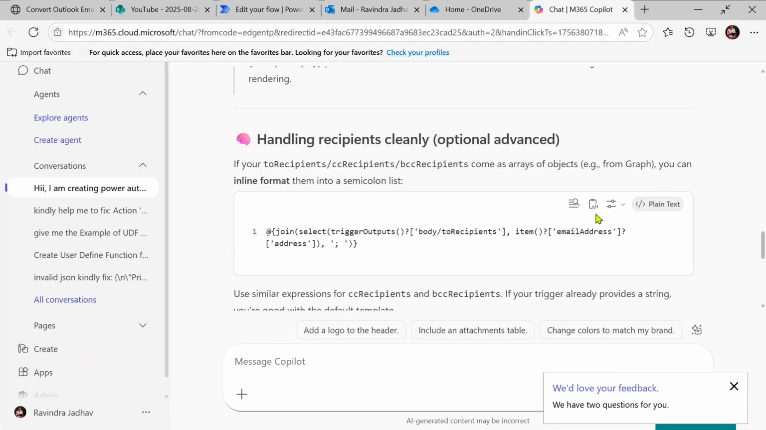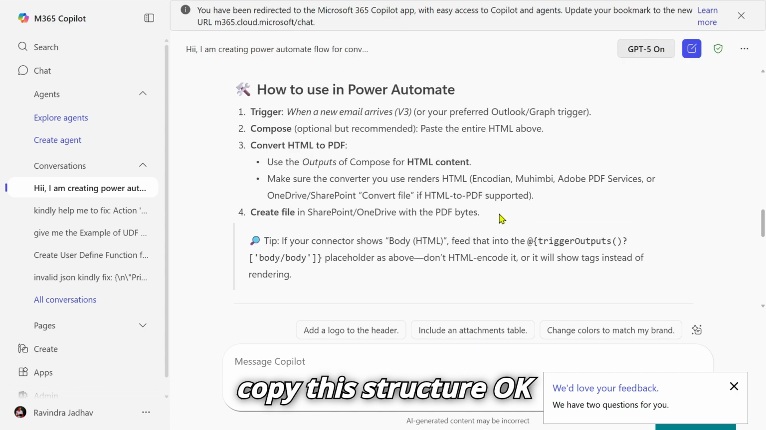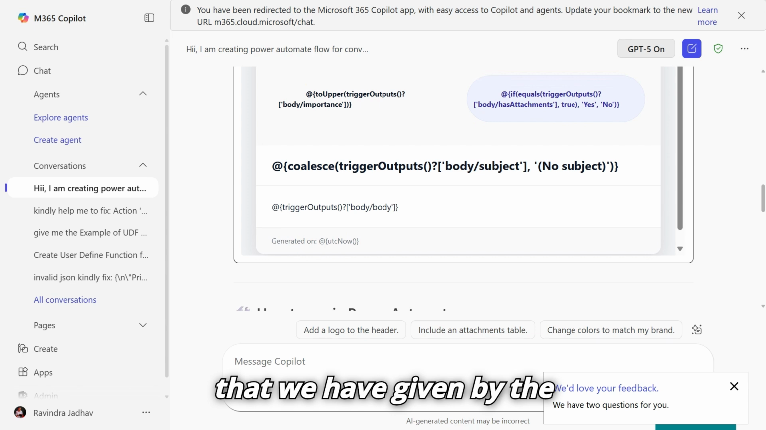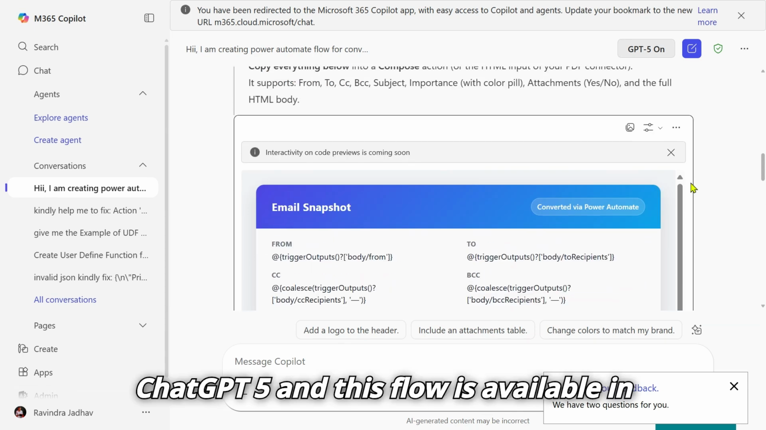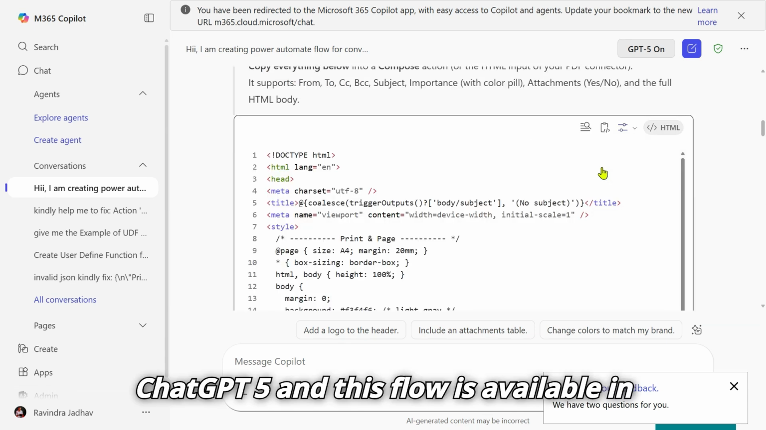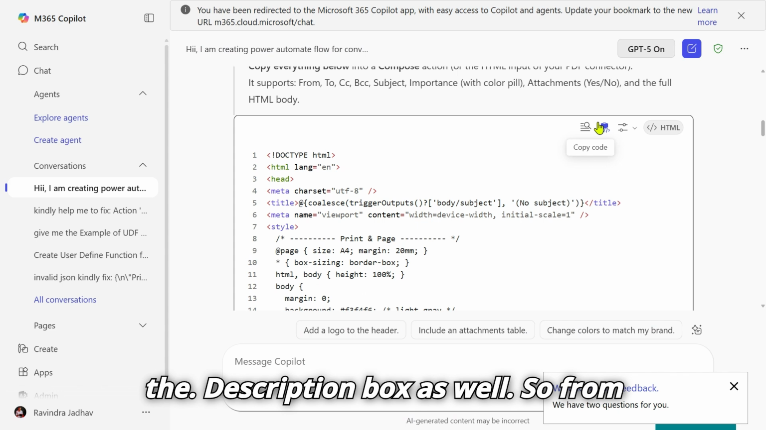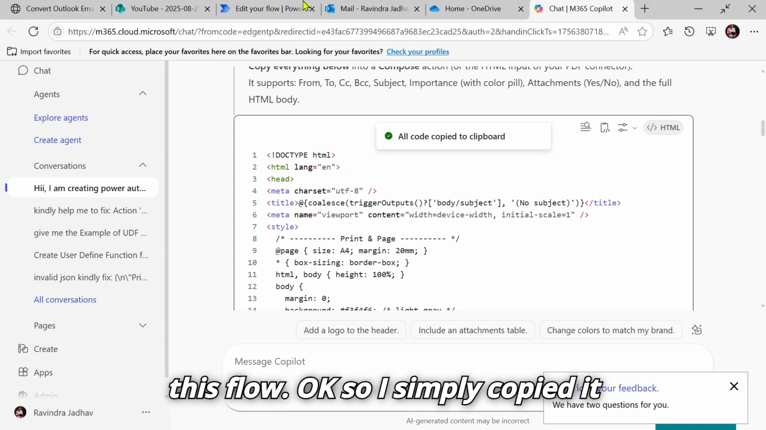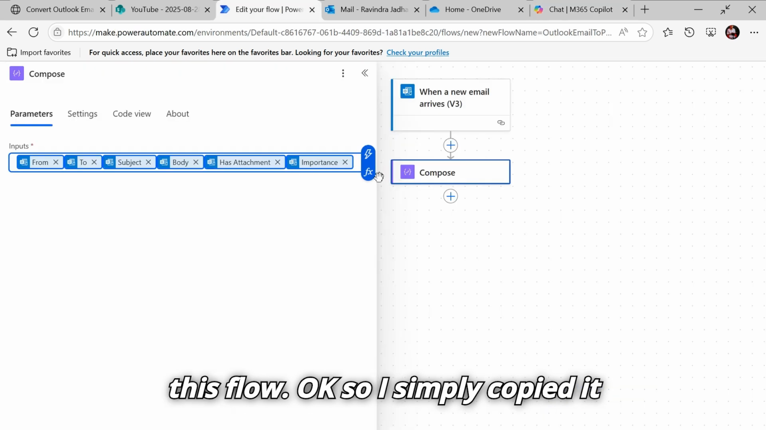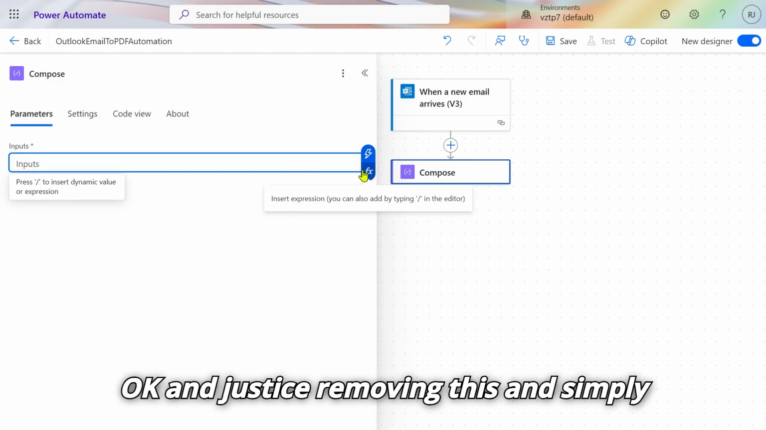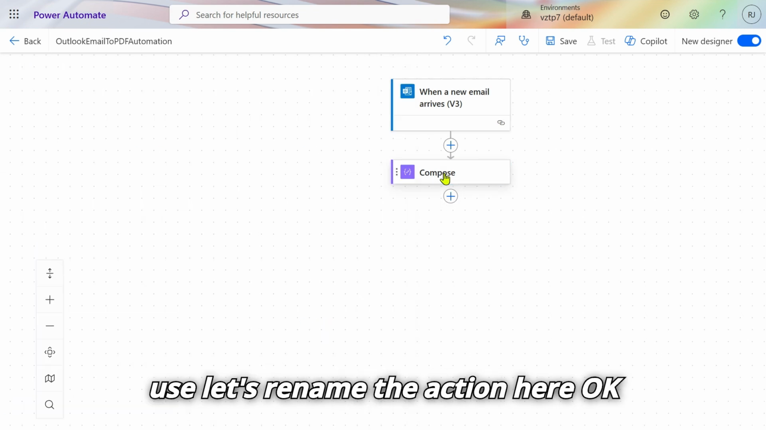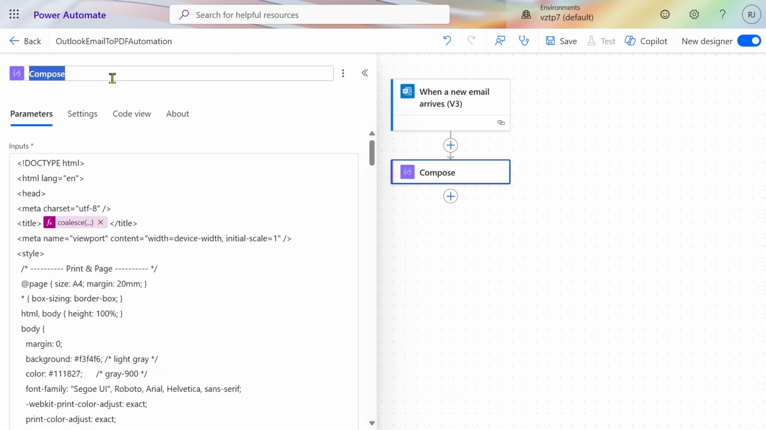So let me simply copy this structure that we have been given by ChatGPT-5, and this flow is available in the description box as well. So from there you can download and simply run this flow. Okay, so I simply copied it, and just removing this and pasting here. Then let's rename the action here, HTML